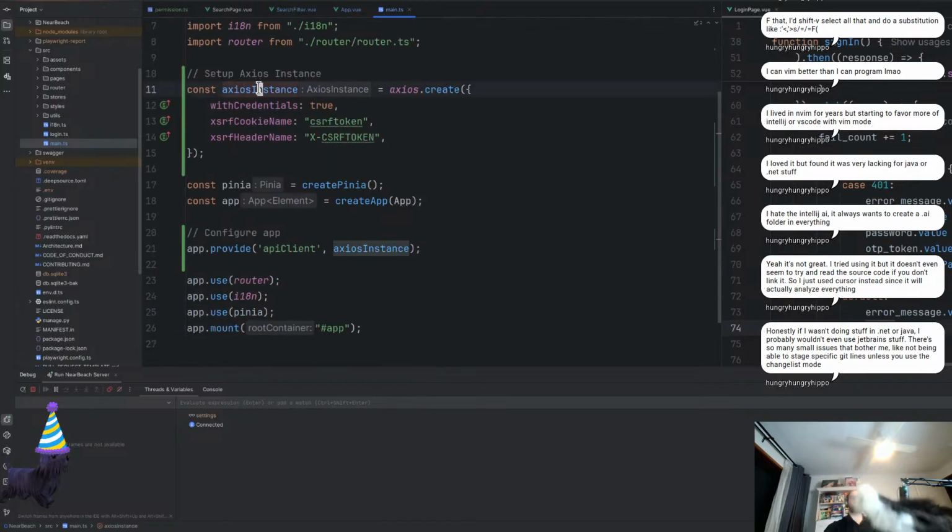So in here, this is what I'm doing with the Axios instance: I'm passing through the CSRF token and all that kind of fun stuff. I'm doing that up at the highest level possible. I'm then providing the API client everywhere. And I'm just wondering,